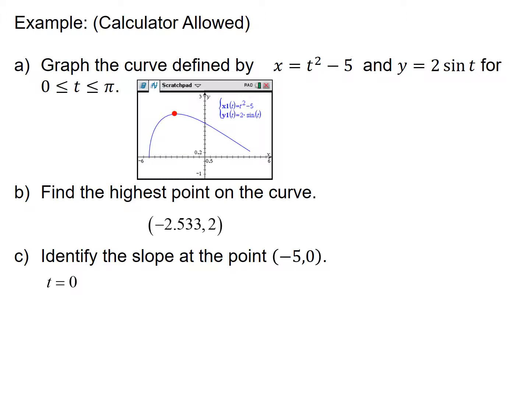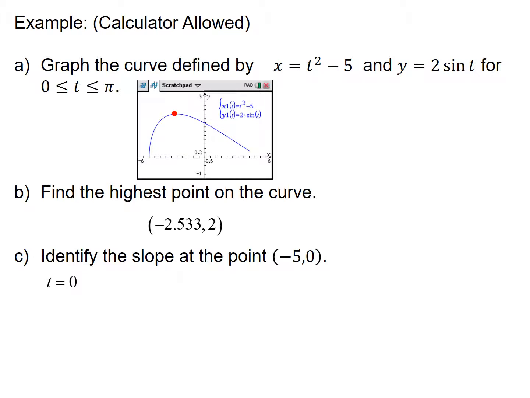Next, let's find the slope at the point (-5, 0). Well, when x is negative 5 and y is 0, t equals 0. And if we look up at our parametric equations, we can make sense of that, because if x equals negative 5, then t must equal 0. And if we plug in t equals 0 for 2 sine of t, we also get 0, so everything works out. So identifying the slope at the point (-5, 0) is the same thing as saying identify the slope